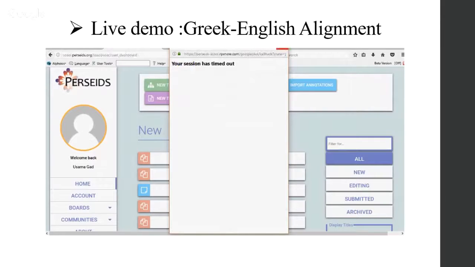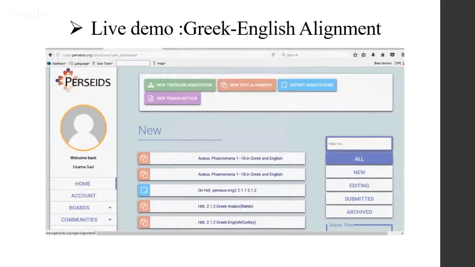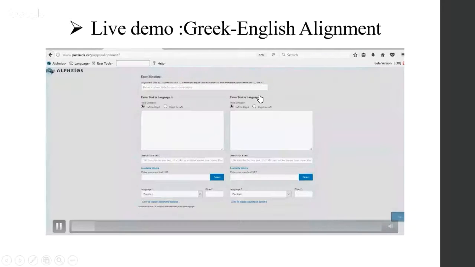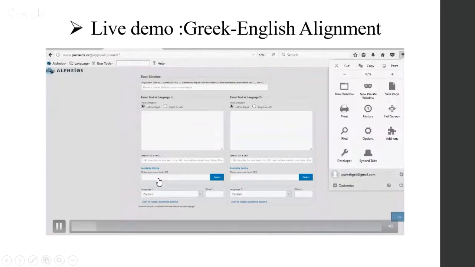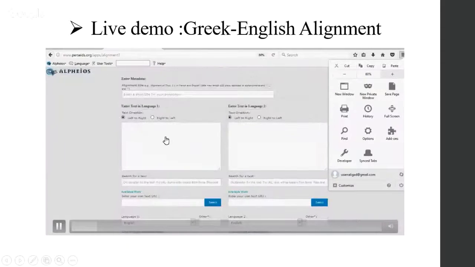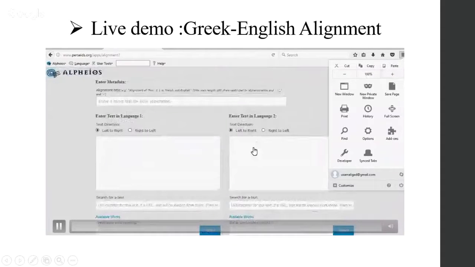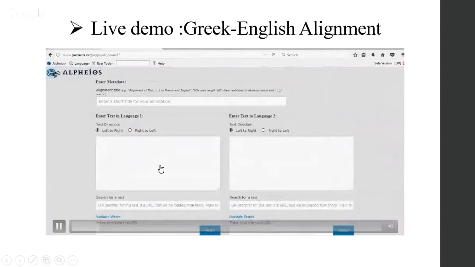And you will have a page like this, and you have new text alignment. Just click on it, and you will be directed to this page, which is Alpheios Alignment Editor. And as you can see, you have 2 boxes here.